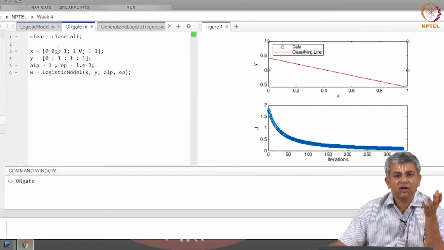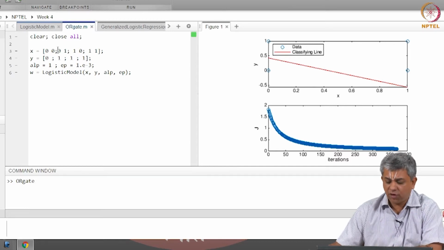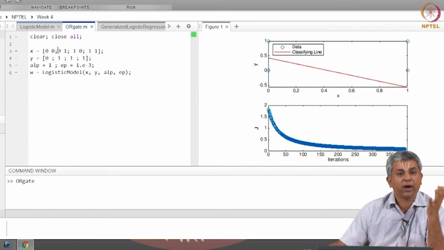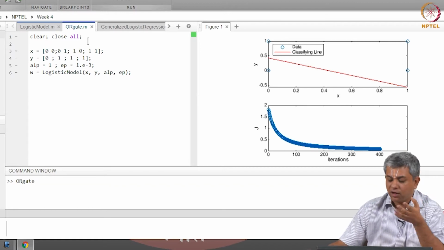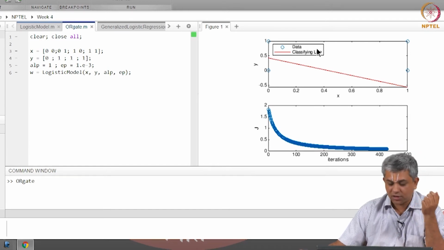If you try with different initial conditions, you will get different classifying lines. The advantage of logistic regression is it will give you an answer. Of course, it will give you some local minima, it might be good or it might be bad. With 4 data points, it turns out that it can be reasonably good.